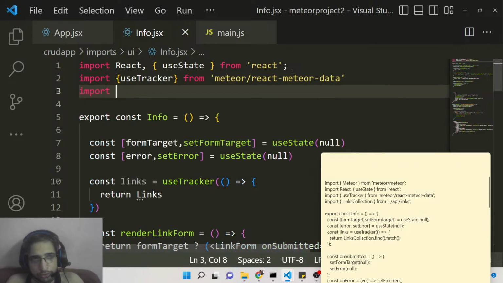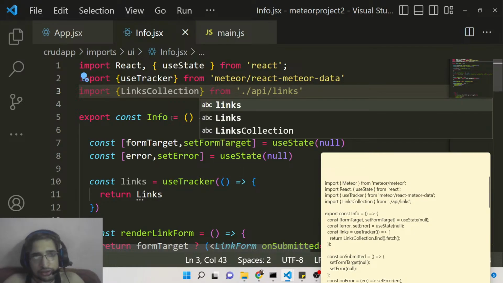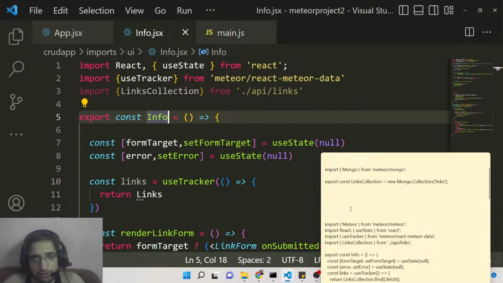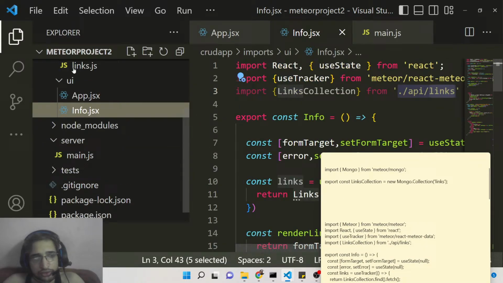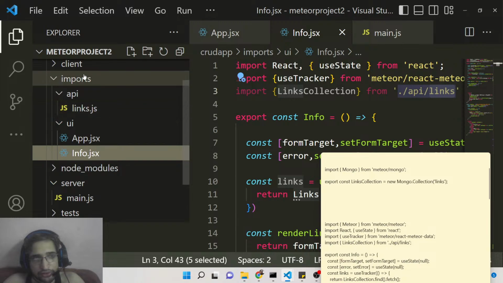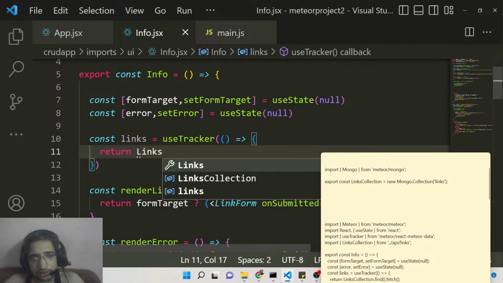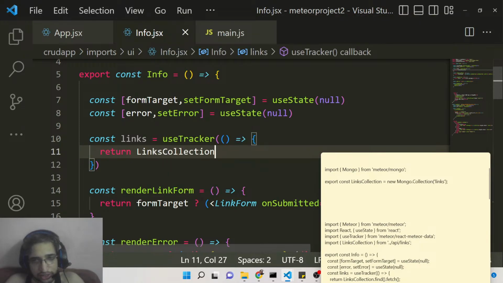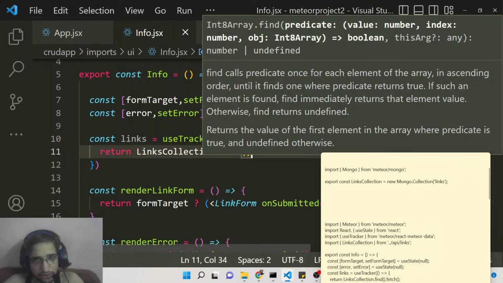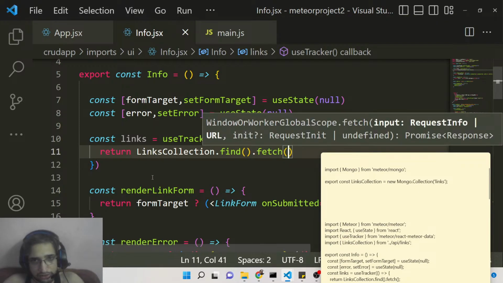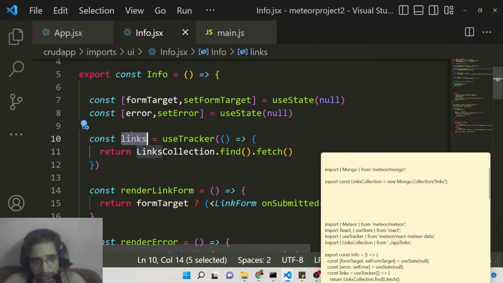And also we need to import the links collection, and here we need to import it from the slash API, slash links, like this. It is there inside the slash API folder, slash links. So we need to import this. Now we can use the links collection. This contains a method, guys, which is called find. It will find all the records, and here we need to fetch also. So it will fetch all the records